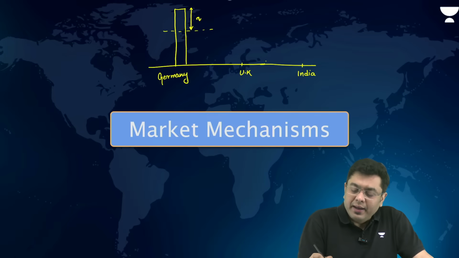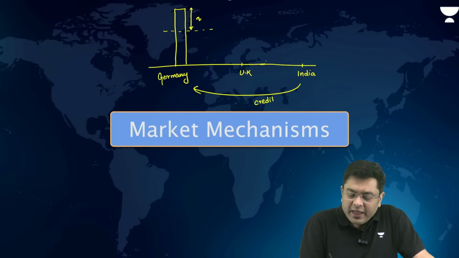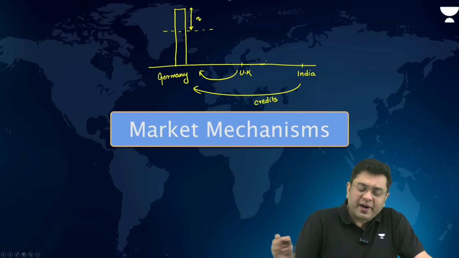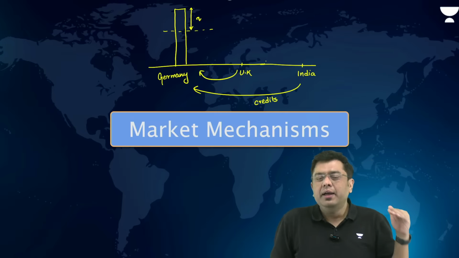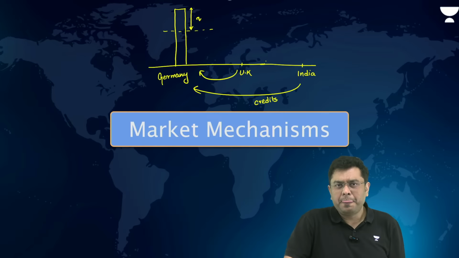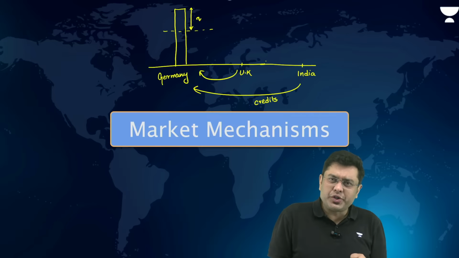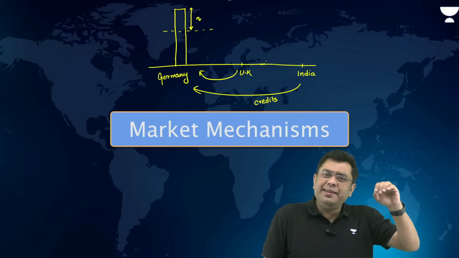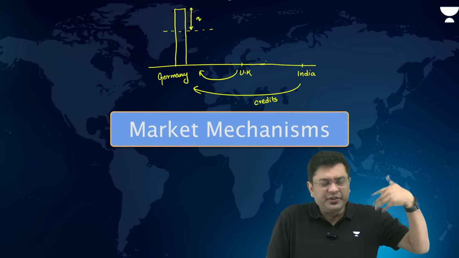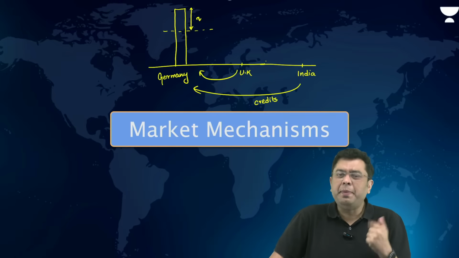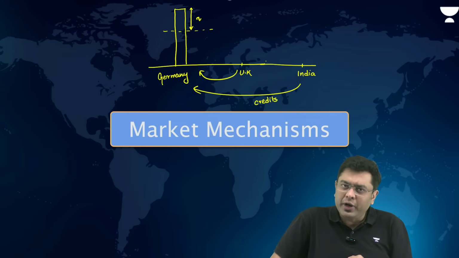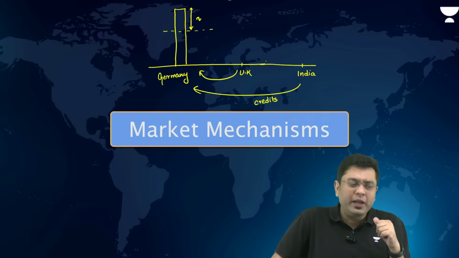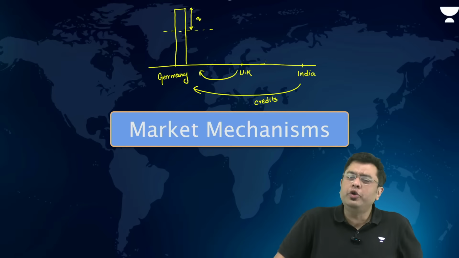And that is where India would provide Germany with credits. Or if it invests in the UK, the UK would provide it with credits. And that is how Germany would justify the exceeding of the target. Now, here you might have a very simple question: if Germany is investing in India because it is exceeding the target, it is spending money. So why isn't Germany using that money to reduce its own emission? It can reduce its own emission, then no need to invest in India.